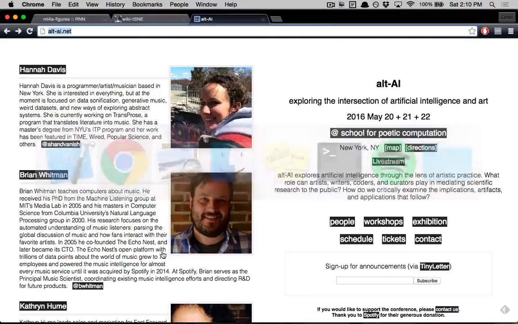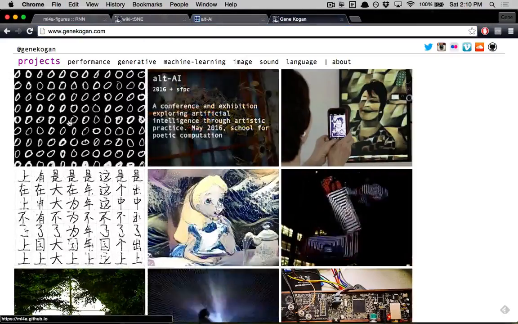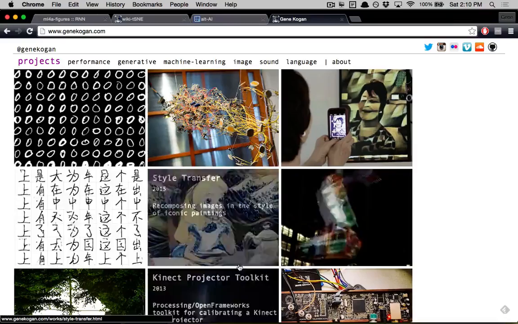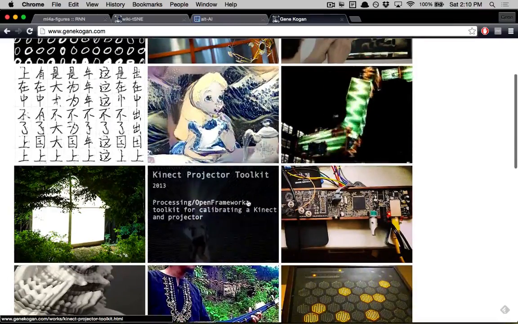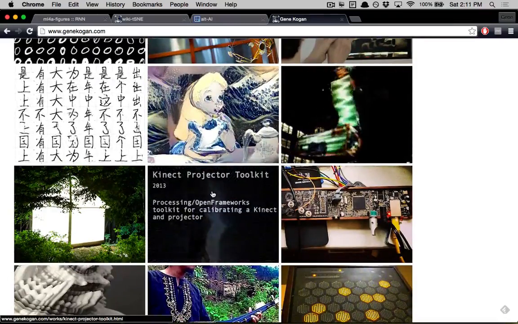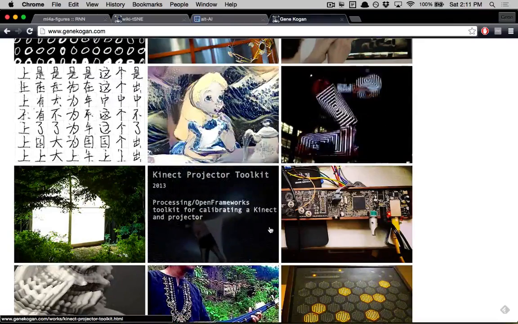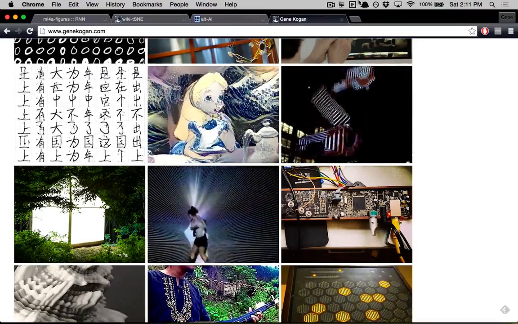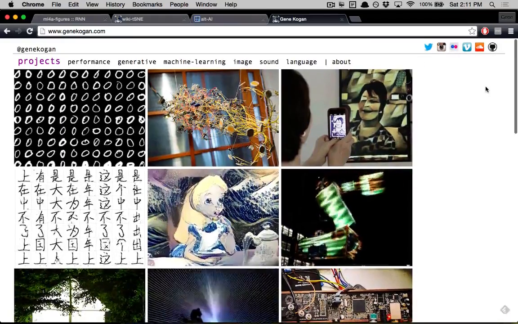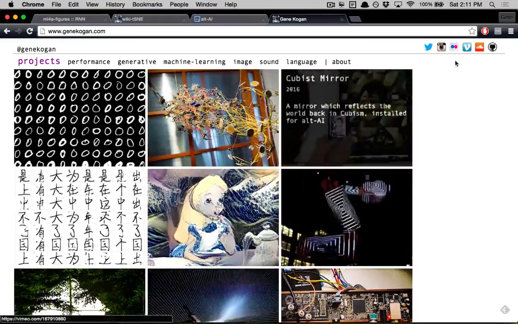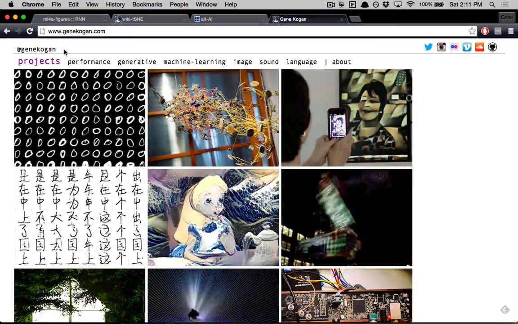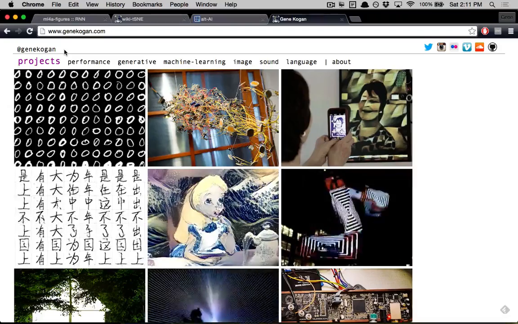A lot of this stuff has been shared online: Alt-AI, which I just mentioned, ml4a, Cubist Mirror, and the style transfer stuff are all recent things. Before I was doing a lot of machine learning, I did the Kinect Project Toolkit, which I think a few people mentioned knowing. I'm online in all these places, and pretty active on GitHub.